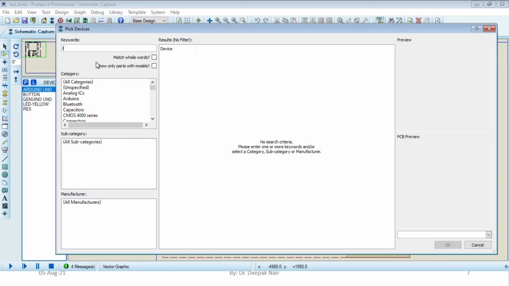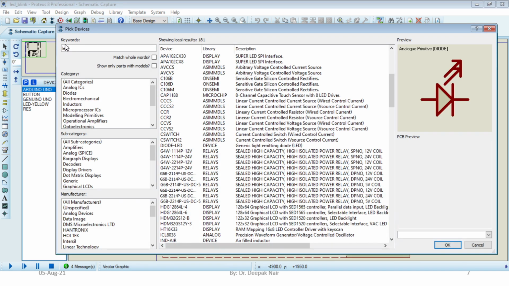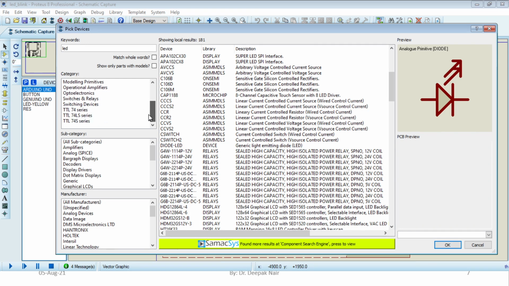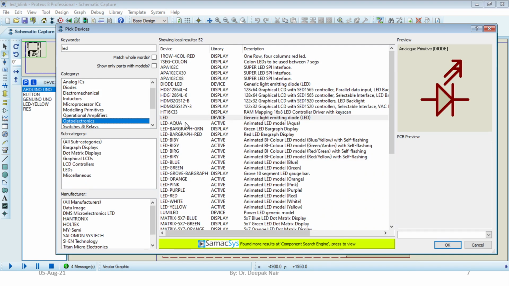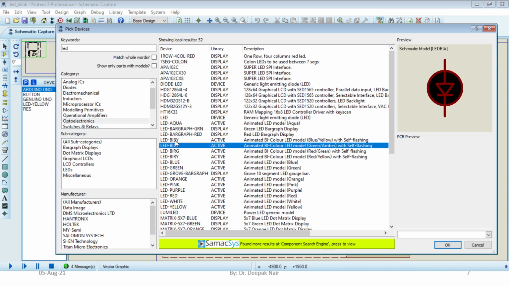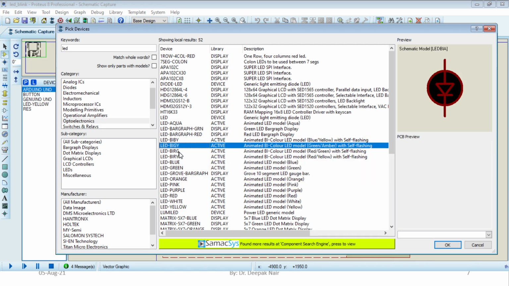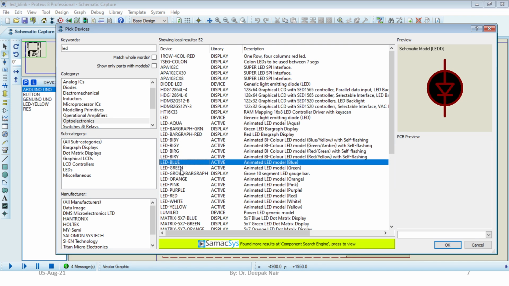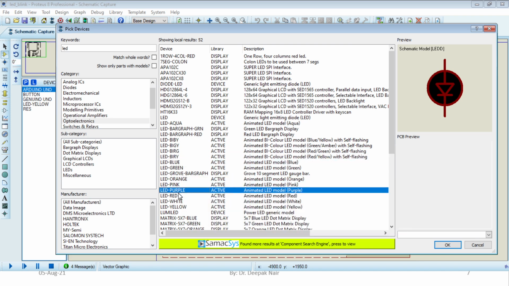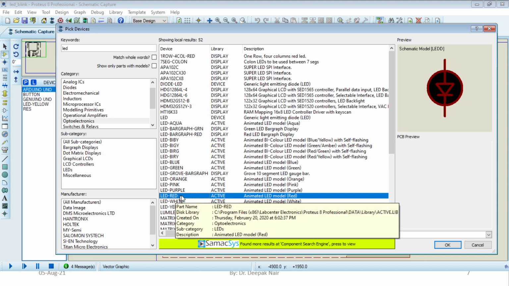Here you can just type the LED keyword on the top, so that will allow you to search the components. You can see there are so many categories which have this word LED. So optoelectronics, we will go for the optoelectronics, means electronics which will generate light. Opto means light. Okay, so from this you can select different LEDs like yellow, green, blue, and so on. Okay, there are pink, purple, red, and so I can use a red LED.